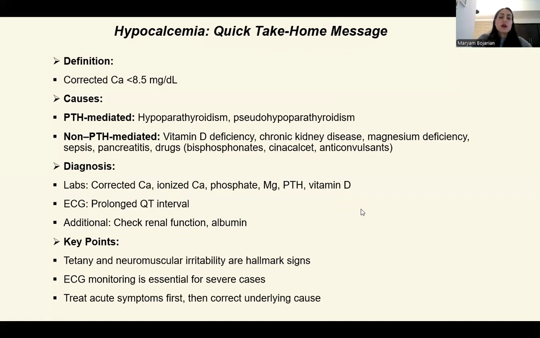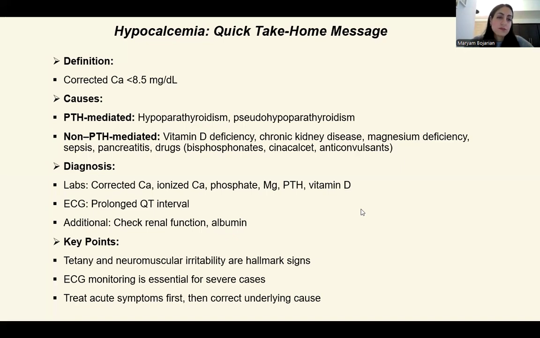Okay, just quick take-home messages. A corrected calcium level is usually less than 8.5 milligrams per deciliter, but it can be a little different from assay to assay. And if you have hypocalcemia, always make sure that you order PTH. This is the first lab that you need to order, because you want to figure out if this is PTH mediated or non-PTH mediated. PTH mediated means that your patient has hypocalcemia and at the same time has hypoparathyroidism or